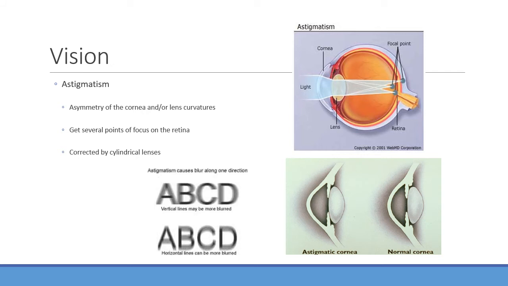So you can have multiple issues going on here, with something called astigmatism. This is basically where you have an asymmetry of either the lens curvature or of the cornea itself. And so basically you're getting focal points that are scattered. You're going to have multiple focal points hitting multiple parts of the retina there. In some cases you can have blur along more horizontal lines, or you can have issues with vertical lines, depending on how the lens is asymmetric. And again, not everyone's going to be exactly the same. So this is usually where you have to get specialized lenses to correct astigmatism. Cylindrical lenses can actually help with this. They would be able to curve it in different ways to get the focal point just right on the back of the fovea there.